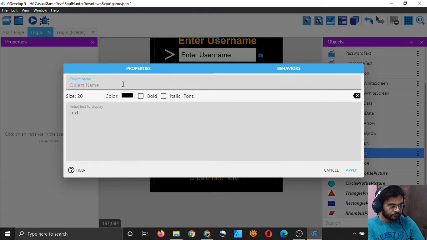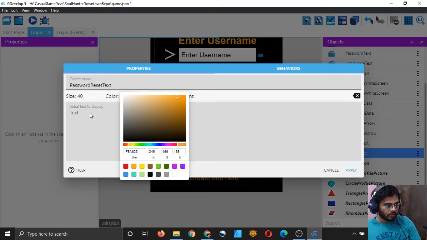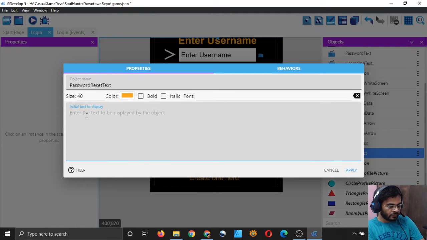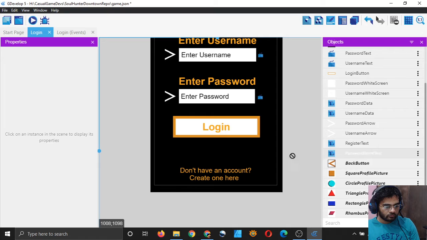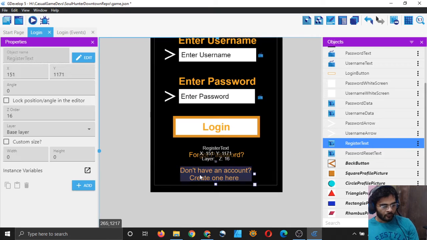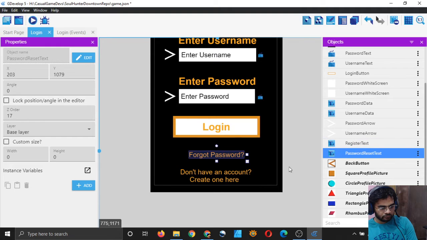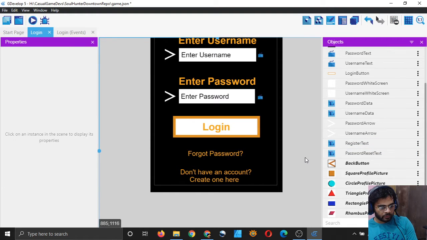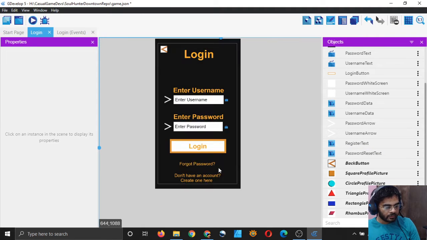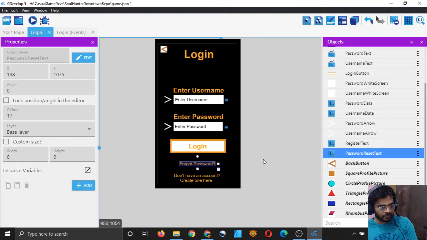So I will type password reset text, and size can be, I think, 40, and color should be orange, and the text which it should display is forgot password. So that is good. If you forgot password, you can simply click here, touch this button, and you will be taken to the reset password scene, password reset scene.